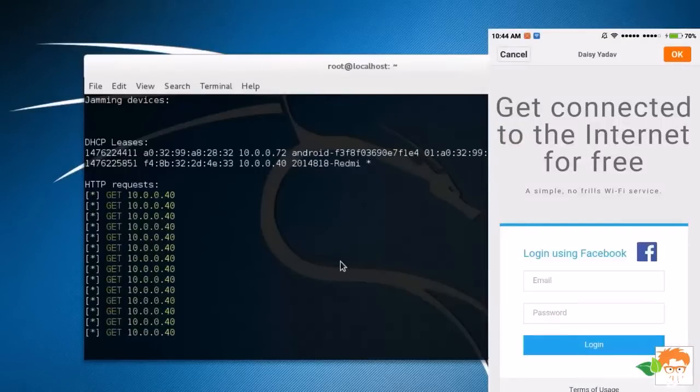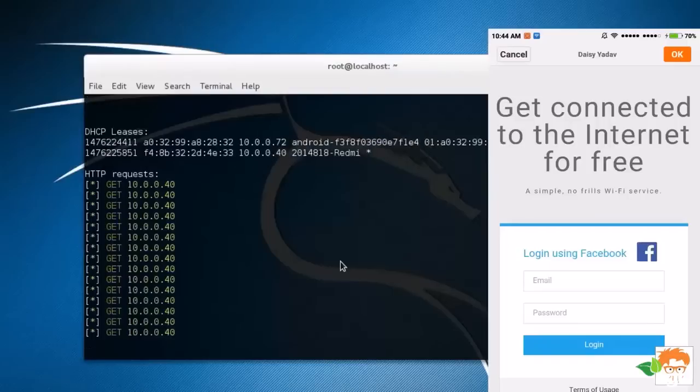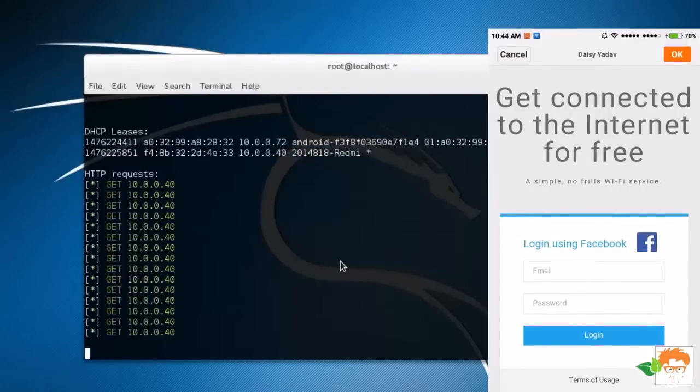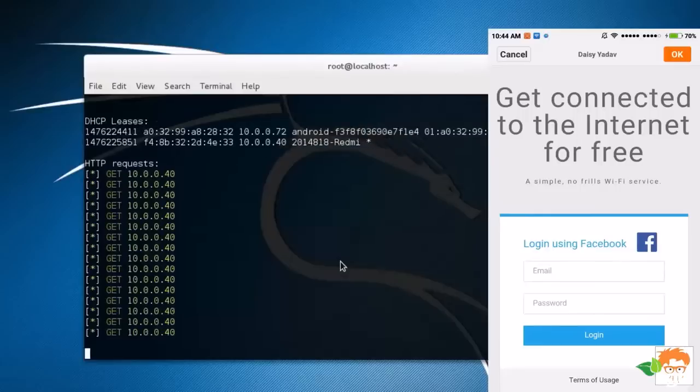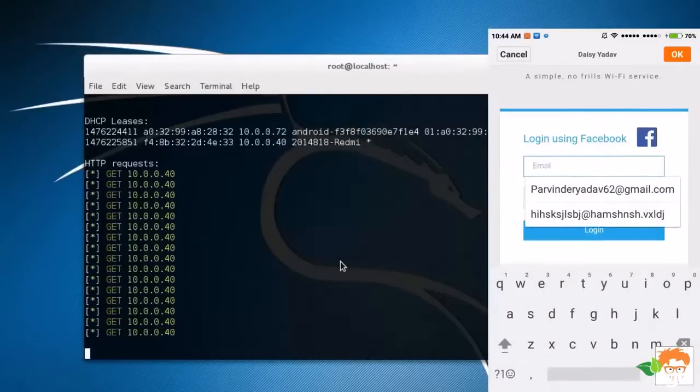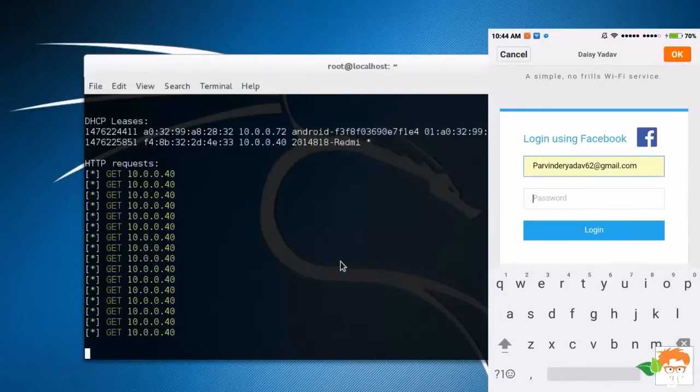And now it is going to redirect me onto the next page, and this page says get connected to the internet for free, a simple no frills Wi-Fi service. Now it is saying to log in into your Facebook page to continue to the internet. So here I'm using my email ID, okay, and a fake password for connecting to Facebook. And when I click on login,